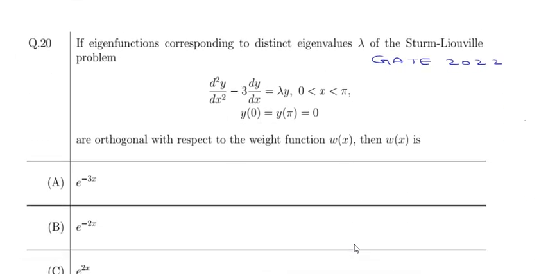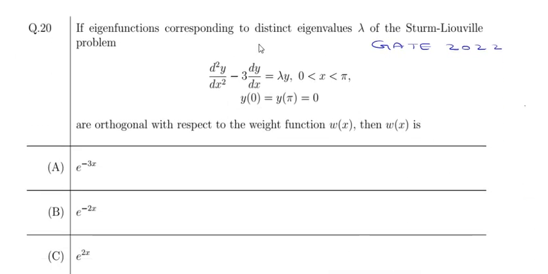So next one. If the eigenfunctions correspond to distinct eigenvalues lambda of the Sturm-Liouville problem d square y by dx square minus 3 dy by dx equal to lambda y, 0 less than x less than pi, y of 0 equal to y of pi equal to 0, are orthogonal with respect to the weight function w of x. Here we need to find the weight function. So here we have a formula to find the weight function. Before that, we will write this in the general form. So the general form of this equation will be